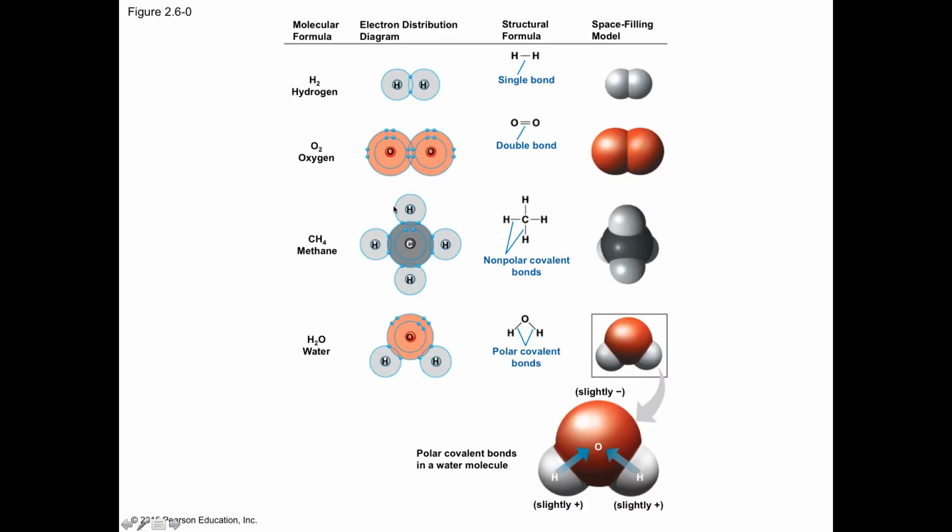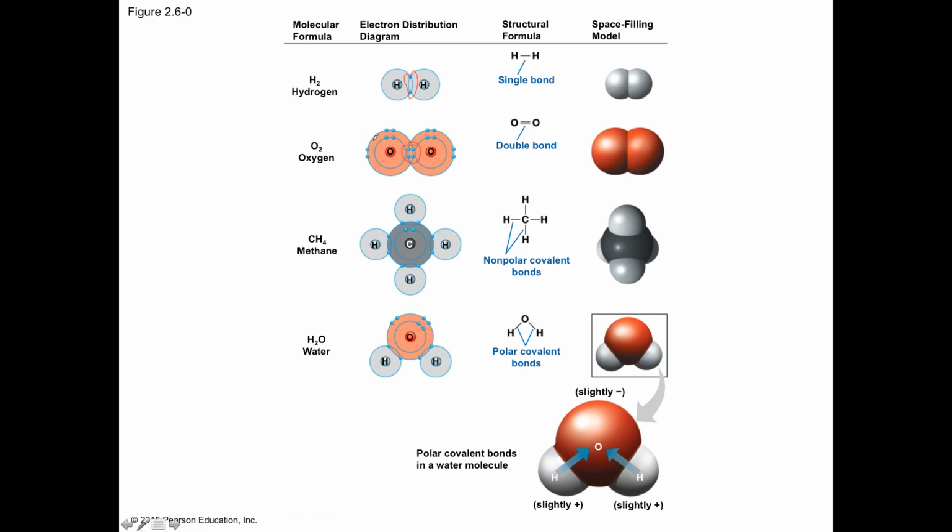All right, and then here are some common molecular formulas, and how they are distributing electrons. I really like this electron distribution diagram, because it shows you, remember, one of these electrons right here goes with the hydrogen, and this electron here goes with this hydrogen. So it's showing that these hydrogens are sharing this pair of electrons. Here we have, remember, this one, they're sharing four electrons, because each one